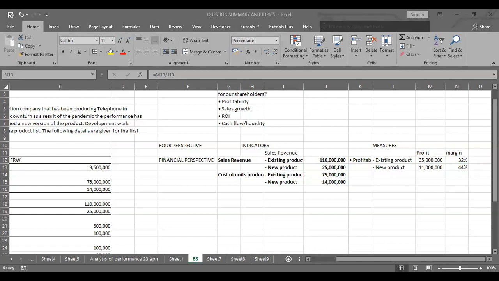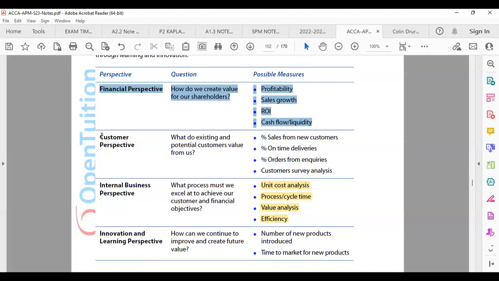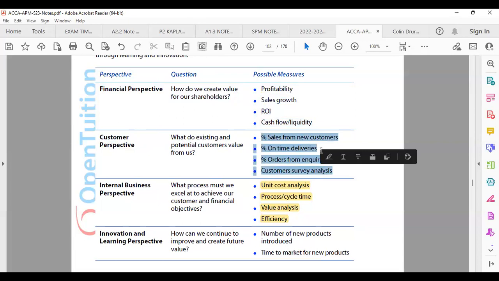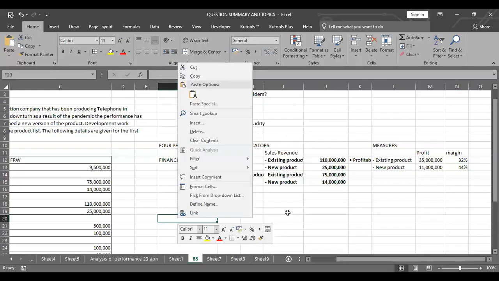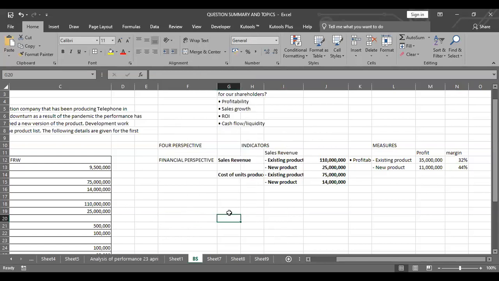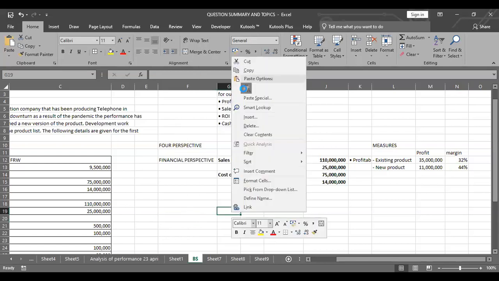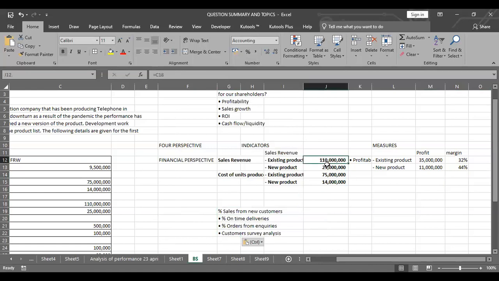Okay. If there's no question, we can go to the customer perspective. Let me follow this order here. So customer perspective, we can check that. Now in customer perspective, we are going to check if any of that existed. But again, even before I go to customer perspective, there are other things which I could measure in this context. Like I could measure the other factors that I may need.